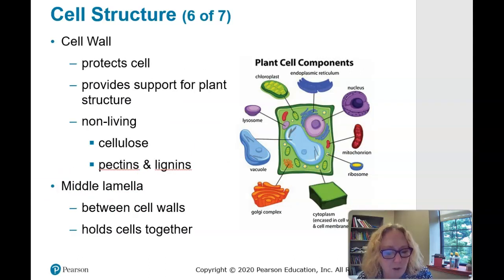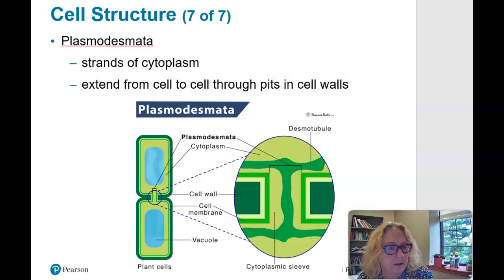Cell wall. It has a hard cell wall. This has got to be a multiple choice question that you've had at least one time in your life. The plant cell wall protects the cell, provides support, is non-living. It's the cellulose with the pectins and the lignins. You don't actually digest this. And then there's a middle lamella there in between. In between cell to cell, you have the plasmodesmata. This is basically a way for the plants to move nutrients, water, and